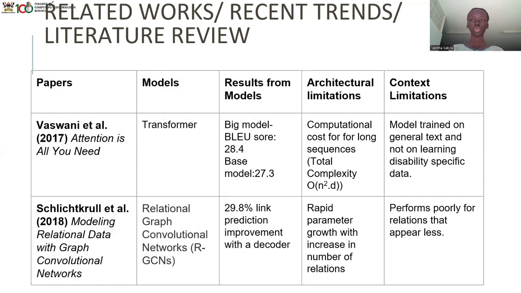For the literature review, we went through a few papers in order to understand more of the project and to prepare. One of them was Attention Is All You Need, a paper in which the novel transformer-based architecture was introduced. This is the architecture on which all the models we trained are based. Besides this, we also read a paper entitled Modeling Relational Data with Graph Convolutional Networks. This paper introduced the RGCN, or RGCN encoders. RGCN stands for Relational Graph Convolutional Networks.